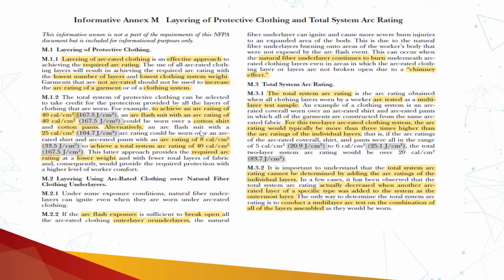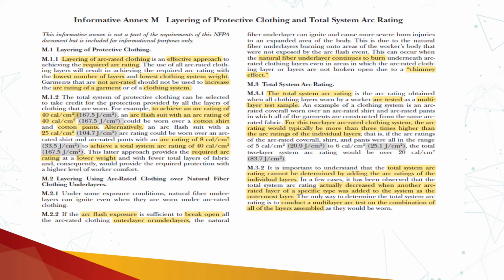Alternatively, an arc flash suit with a 25 cal/cm² arc rating could be worn over an arc rated shirt and arc rated pants with an arc rating of 8 cal/cm². Here 25 plus 8 would normally equal 33, but it can give you a total system arc rating of 40 cal/cm² at a lower weight. So who determines that 25 plus 8 is not 33, but is 40, 50 or 60 cal/cm²? We use this layering system together